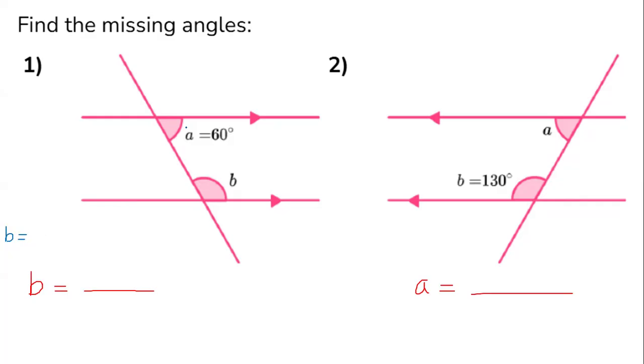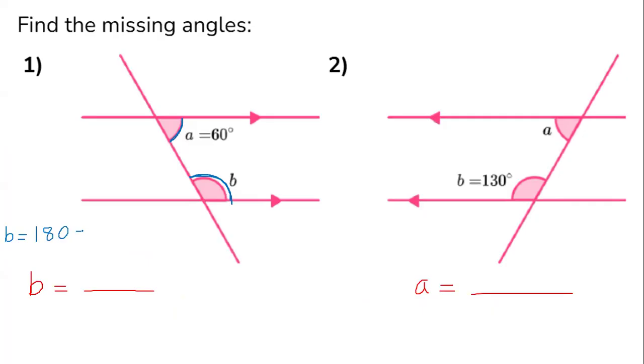Because remember, this angle here and this angle, they are co-interior angles, which means that they add up to how much? They add up to what? 180, very good. They add up to 180 degrees, right? So 60, they're not equal, right? So that means you have to subtract it. So B is gonna be equal to 180 degrees